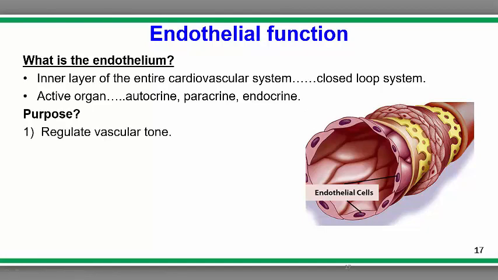The overall purpose of the endothelium is to regulate vascular tone. And when we talk about vascular tone, we're referring to the contractile state of the smooth muscle. So this obviously affects the mechanical state of that tissue on the arterial side of the cardiovascular system. The endothelium will also produce compounds that will help to maintain a constant level of metabolism of the entire vasculature